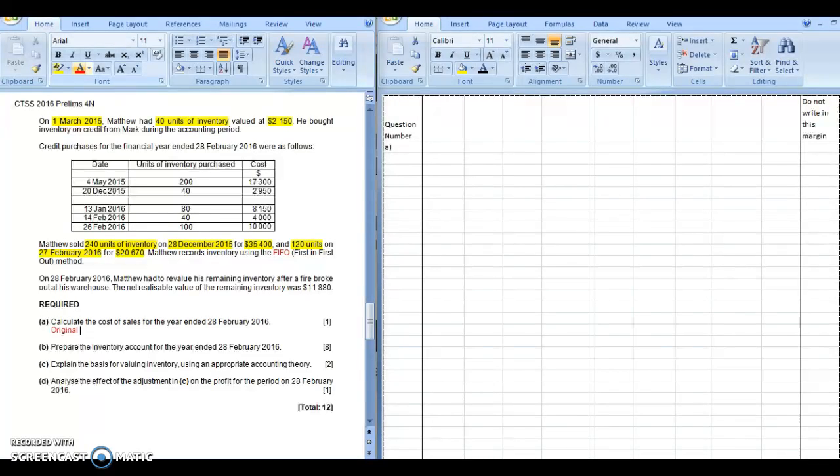Whereas for the sales revenue, if they ask you to calculate the sales revenue, then you just take the 35,400 plus 20,670. But like I mentioned, the sales revenue will always be higher than the cost price. So here, when you are calculating the cost of sales, always remember to go back to the original price of the inventory. So writing it down here,